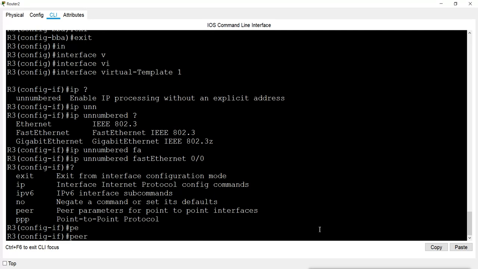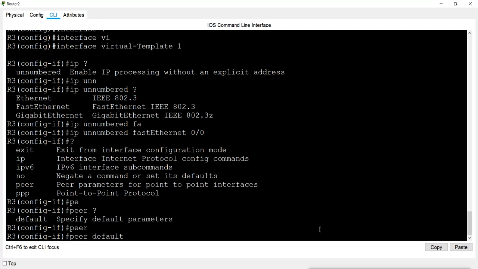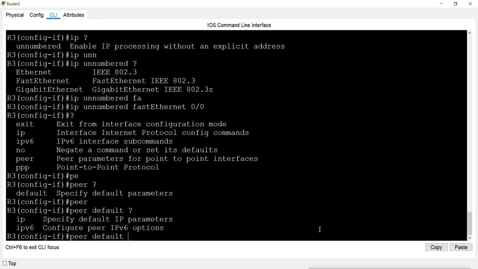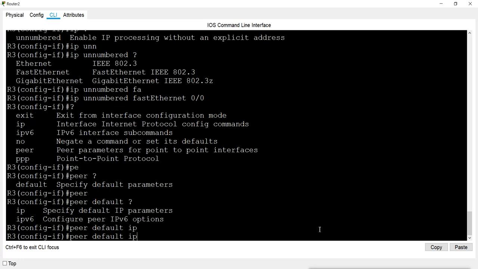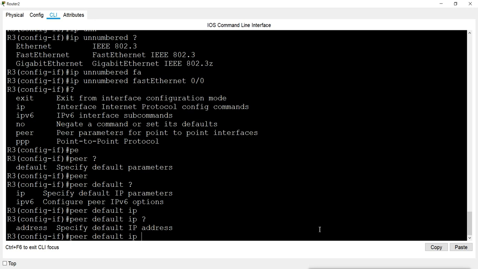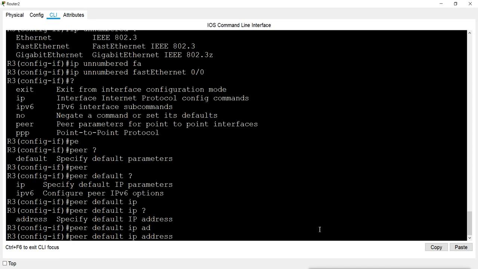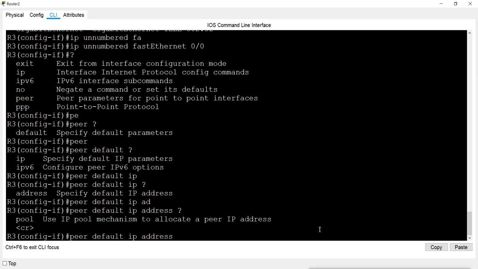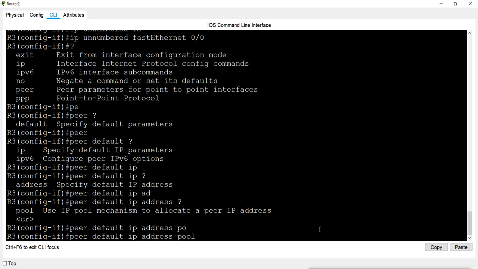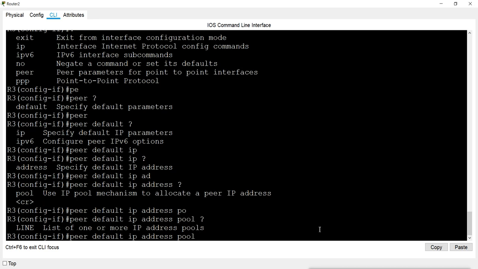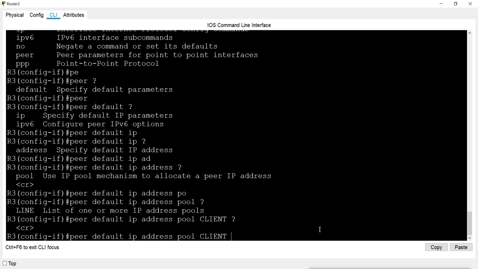Then here we will mention peer default IP. We are not using IPv6. And address. So for IP addresses I will mention pool. So whenever any client connects to this PPPoE server, it will get the IP address from this pool. Now pool, we will mention the pool name here. So pool name will be this.